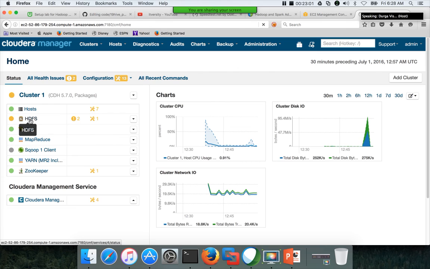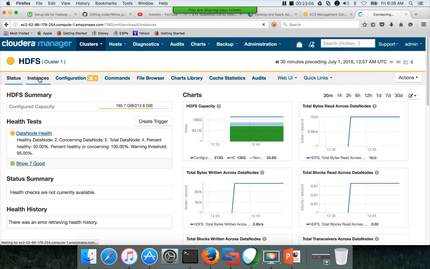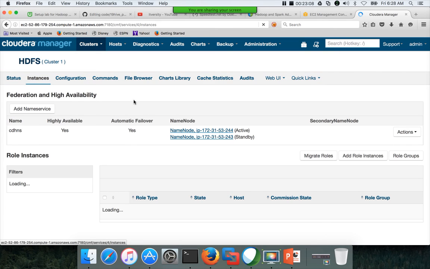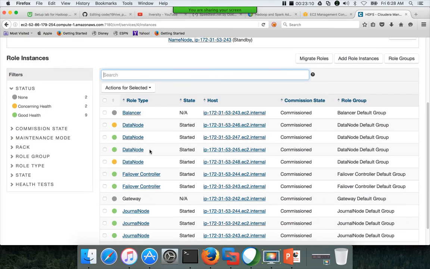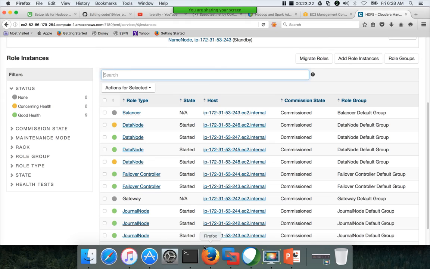If you click on HDFS, go to instances, you can see that there are 4 data nodes. The file which is being copied, deckofcards.txt, from the local file system into HDFS will be divided into blocks, and those blocks will be physically stored in these data nodes.